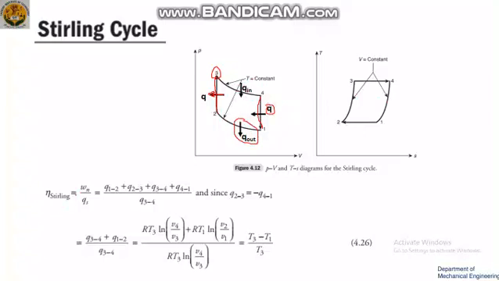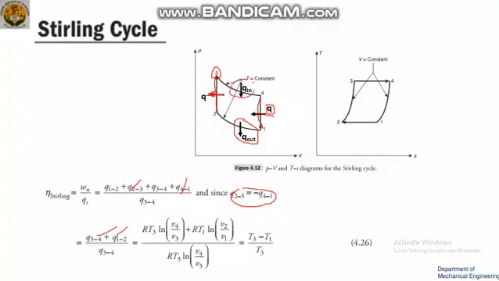So as you can see here, the efficiency is Wn by Qs. Wn is Q1 to 2, Q2 to 3, Q3 to 4, and Q4 to 1. Here Q2 to 3 is equal to Q4 to 1, which is in the negative direction. Here we are rejecting some amount of heat, and here we are supplying some amount of heat, which is opposite in direction. So this is minus of this one. So these two get cancelled. We are left with only Q1 to 2 plus Q3 to 4 divided by Q3 to 4, where Q3 to 4 is the heat supply.